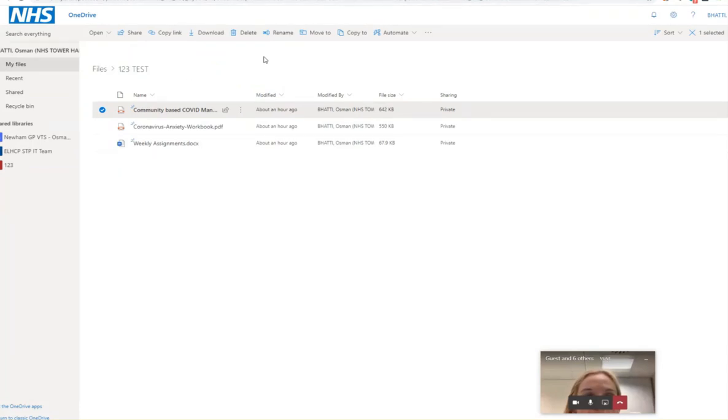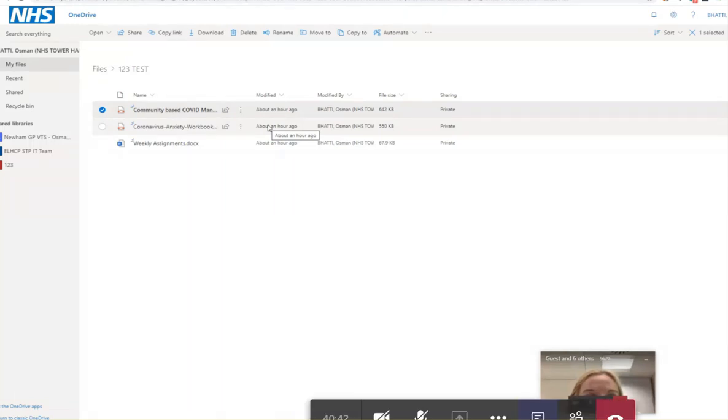It's available, but I don't think many people know about it, and I think we can certainly make use of it. And within practices, I can see this replacing our local servers, and it's much more robust and much more responsive, and we can access it in lots of different places. So that's OneDrive. I'm just going to pause there for questions and comments, so feel free to enter into the chat, or if you want to come on and discuss,